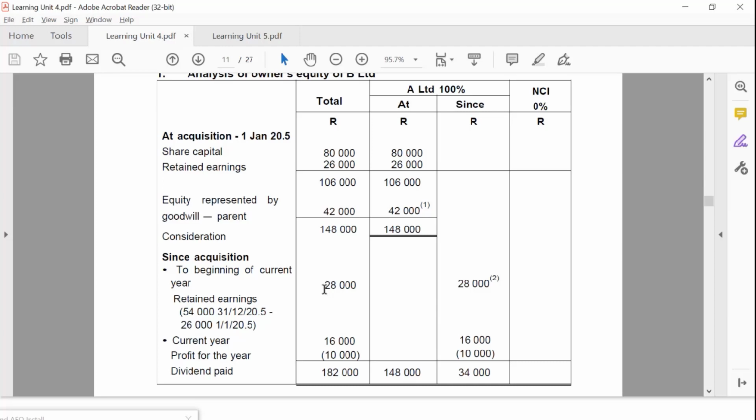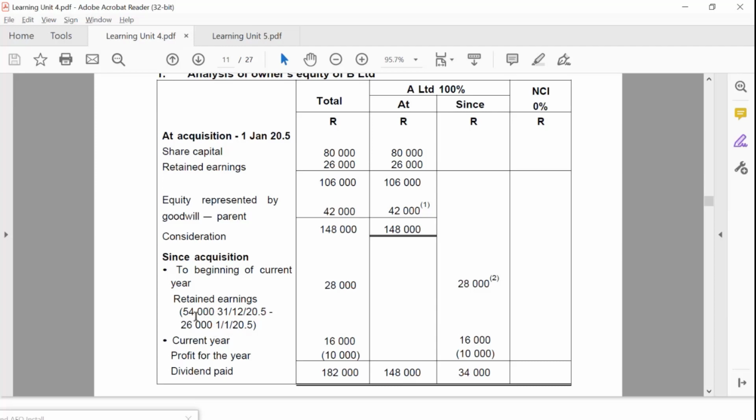It's not mine. So I don't share in that retained earnings. That retained earnings was earned by B Limited and B Limited alone, because at that point in time, I had not acquired B yet. So that 26,000 is not part of the consolidation. So that is why in calculating the 28, it is the 26,000 minus